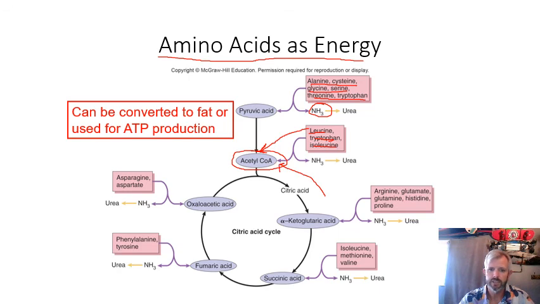This one we can shunt in many different directions. We can use it in the citric acid cycle. We can also, if we need to make amino acids, go the opposite direction and make amino acids, and we can also shunt it away to make fat. We can store it away in fatty acids. Okay, so